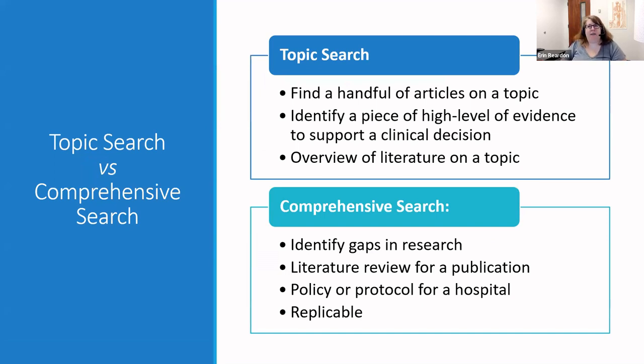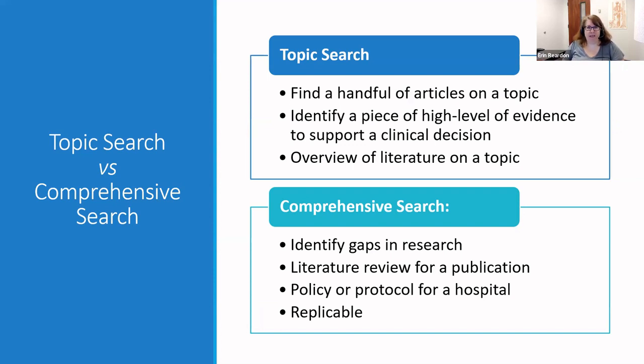So you might be familiar with topic searching or exploratory searching. You might not call it that, but this is when you go to a database or even to Google and you type in the thing that you're looking for and you start reading a little bit about it, and you learn a little bit about that topic, and then maybe you can do a better search if you want to find something a little bit more specific. So then you go back to the search box and you do another search. If you're in PubMed, you might be looking at related articles in the PubMed record.